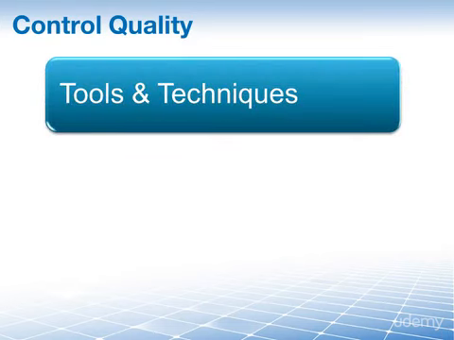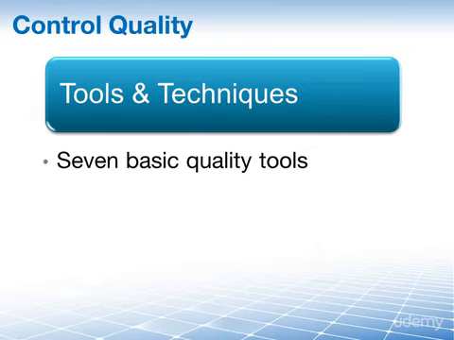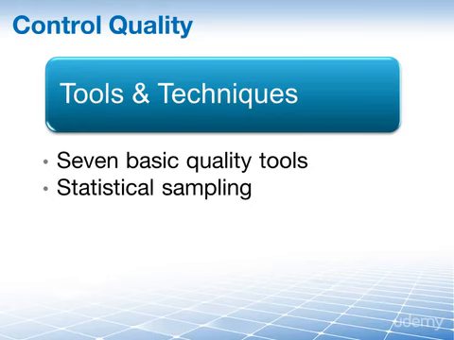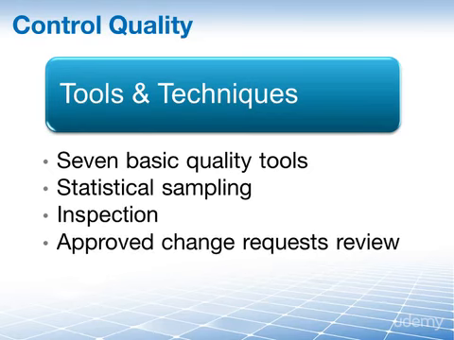We are moving on to the tools and techniques here in the control quality process. In total, there are 10 tools and techniques, but the first 7 are grouped together into one as the 7 basic quality tools. So that covers the first 7, which means we have 3 left: statistical sampling, inspection, and